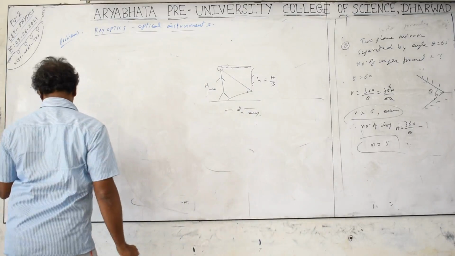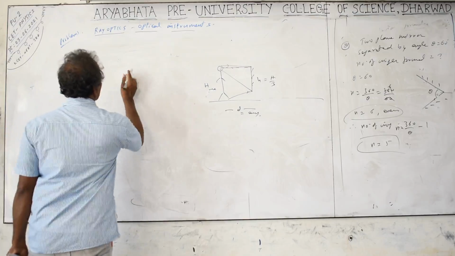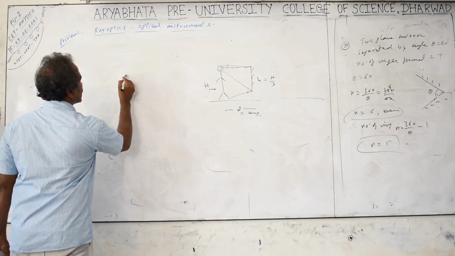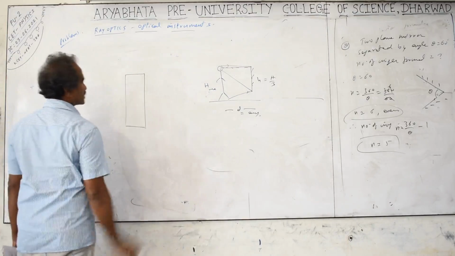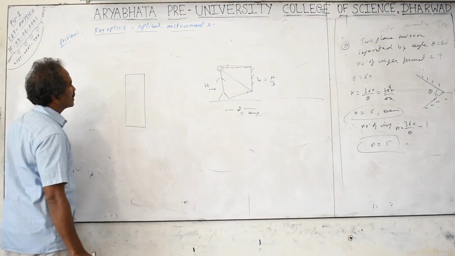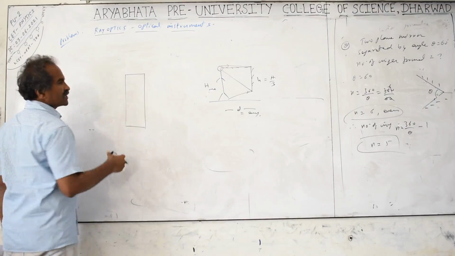The next point is thick mirrors. In houses, a very thin glass is taken and silvering is done on the backside, then protective painting is done on that. In case you take a thick mirror, what happens? You will see more than one image.